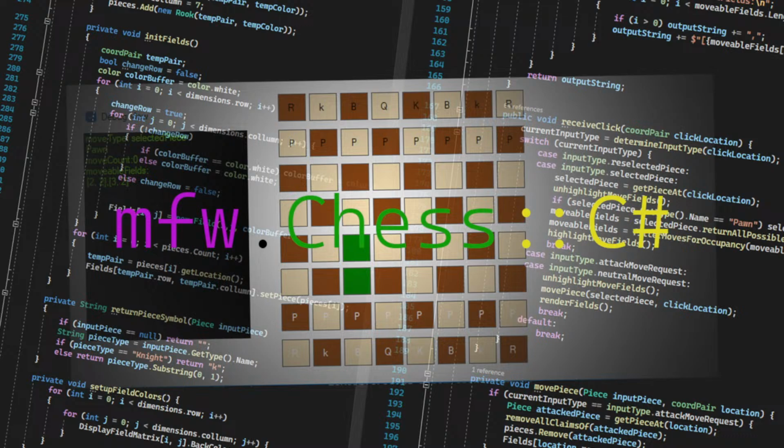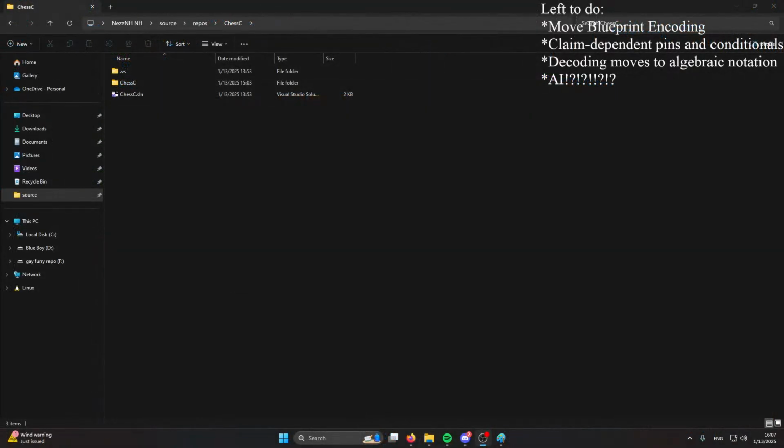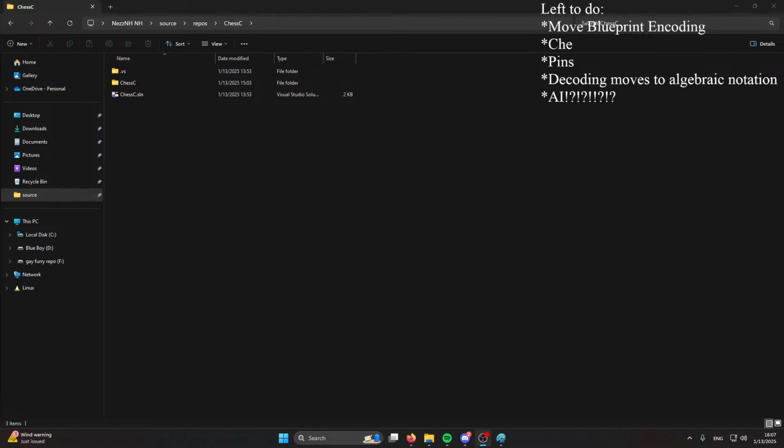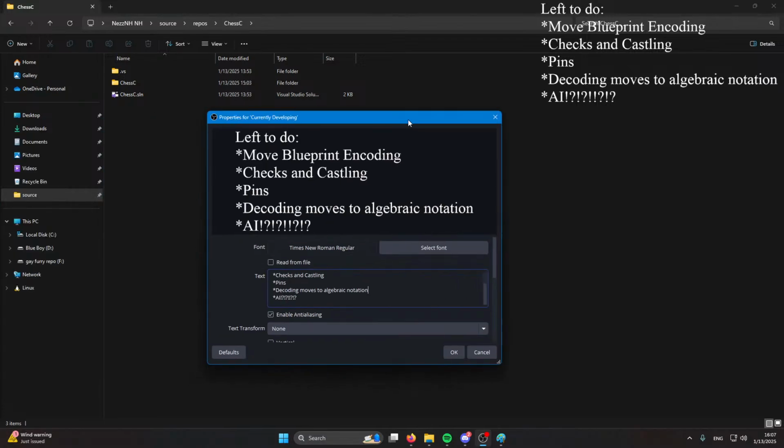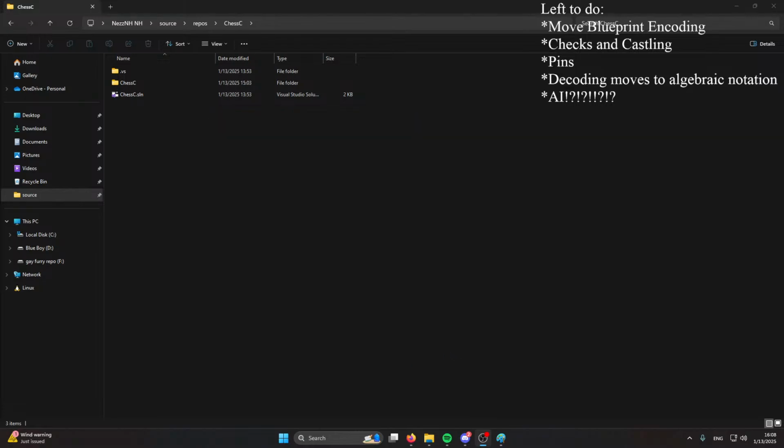Cheeky little chess stream. I think tomorrow is the day we implement checks, finally. Or actually, hold on. Move blueprint encoding. We did kind of knock out claim dependent, so we're just going to do pins. Just pins. That's what we're looking for. Pinning a piece, and of course, checks and castling. So that's for tomorrow. The encoding moves to algebraic notation. That's far out. We're going to get to that because custom pieces will complicate that significantly, and we'll have to check for congruent names and things like that. But for now,